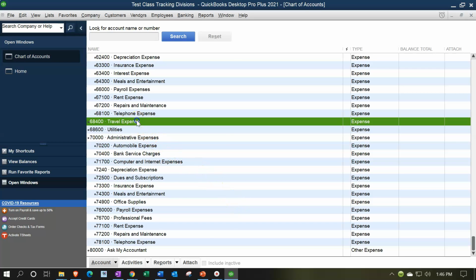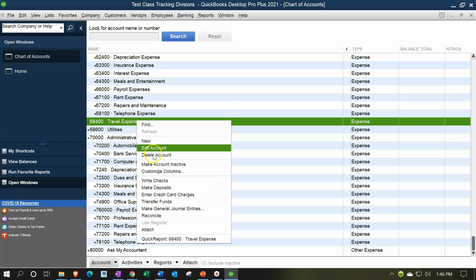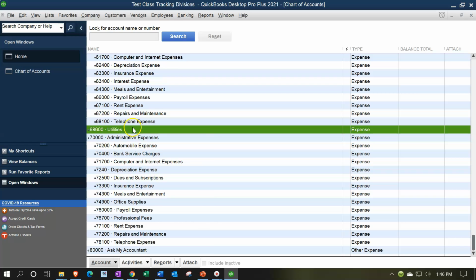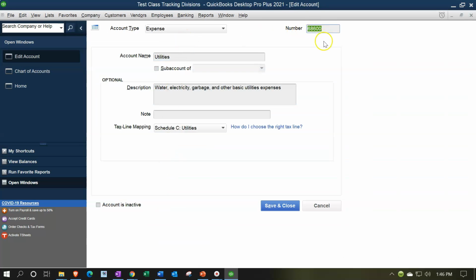Then we have the travel. I'm just going to delete that one for now. Just going to say delete account. Utilities we probably have for both. So I'd say, okay, let's do this last one, edit. And then we're going to say this is going to be subordinate to the 60s, and then I'm going to copy the utilities, and then